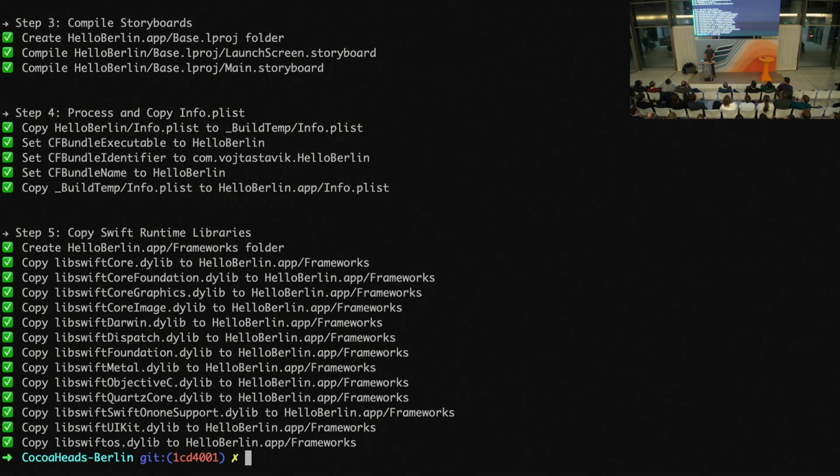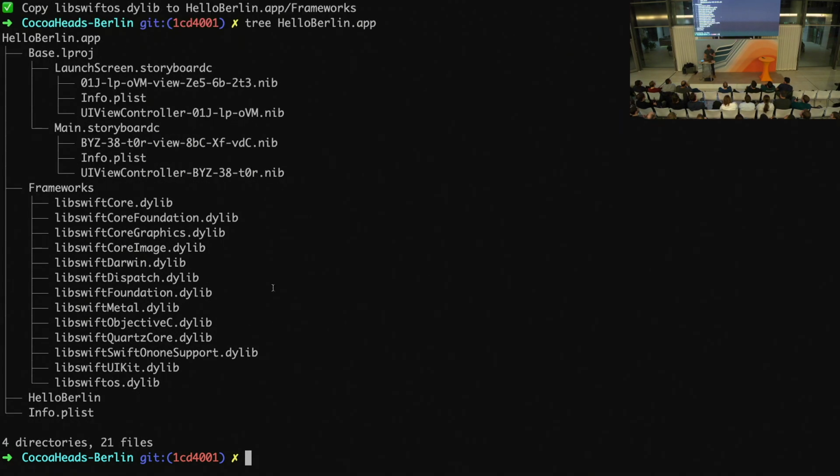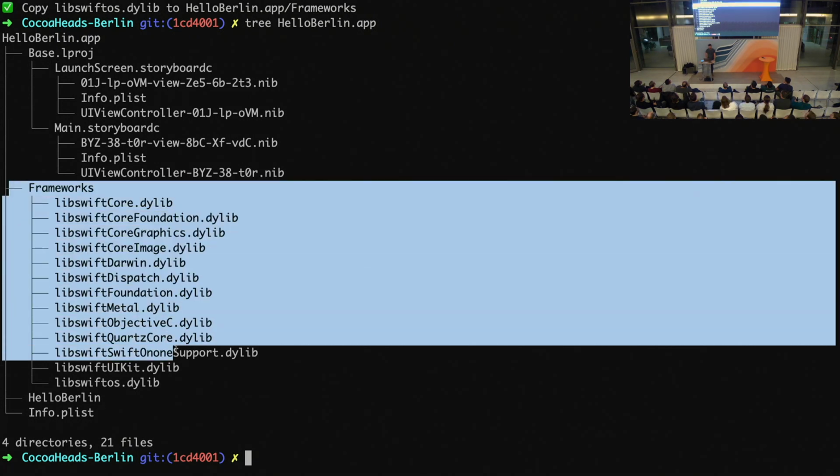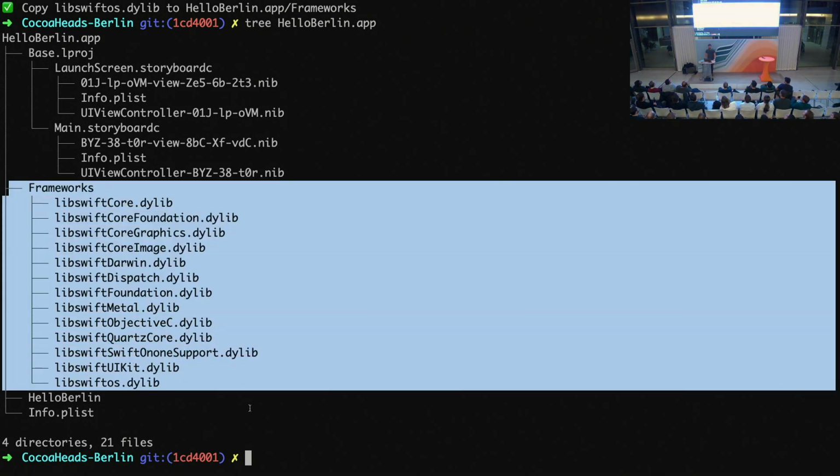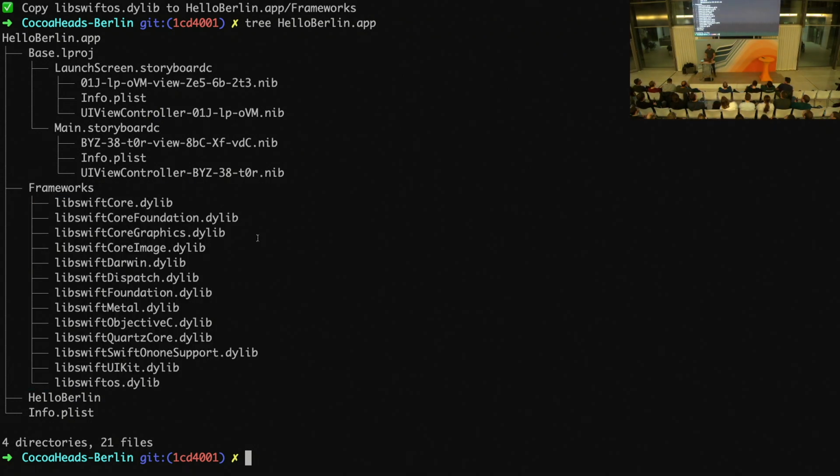OK. Let's verify that everything worked correctly. OK, and you can see that now inside the app bundle, we have a frameworks folder that has all the runtime libraries in it. Well, and then there's just one last step, step number 6, called code signing. And before we get there,